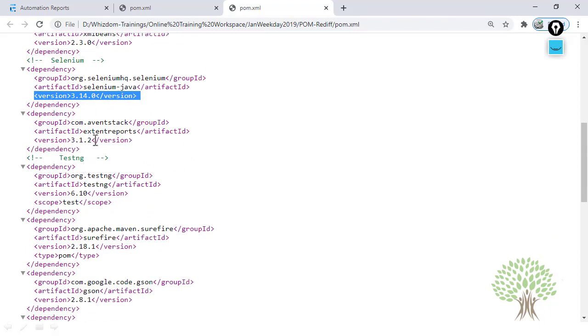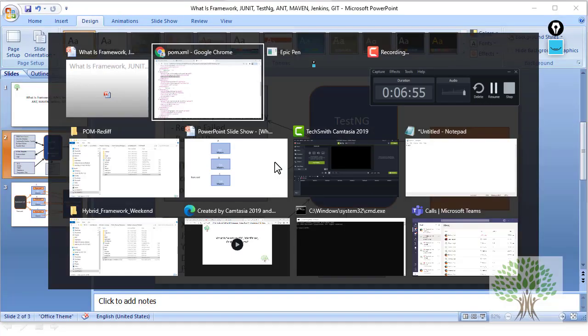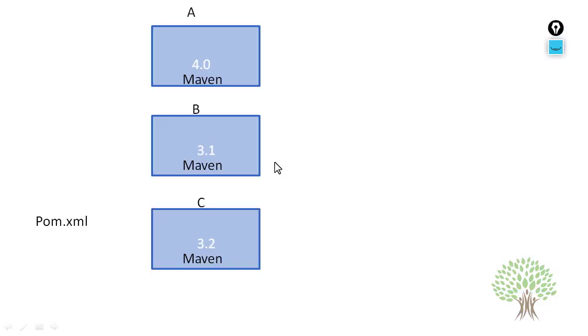For example, TestNG version 6.10 I am using, or Selenium version 3.14. So in this particular file, which is pom.xml, we keep all the dependencies.